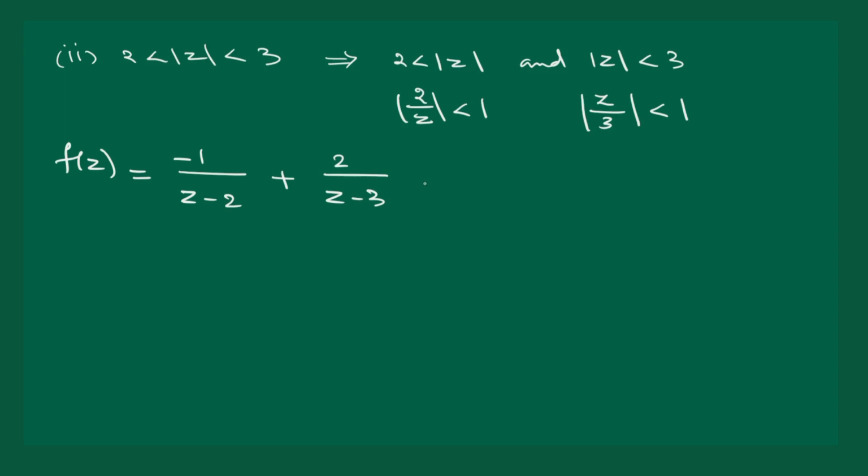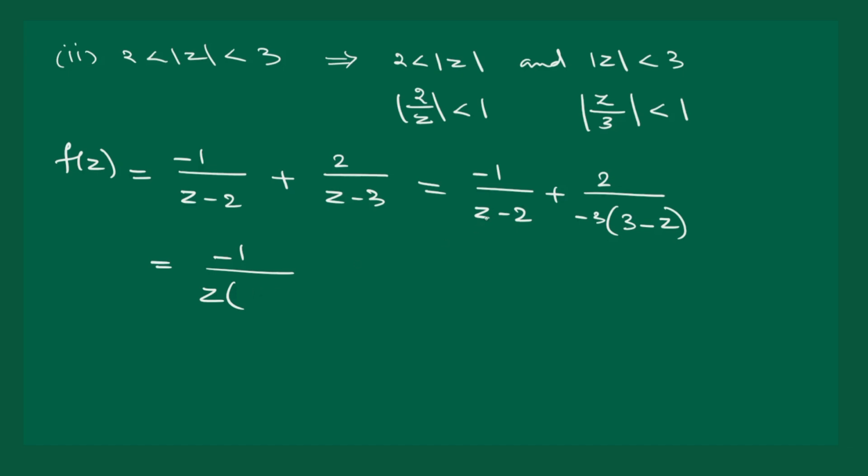Now what we have to do here in the denominator is take z common, then only will we get it as 2 by z. But here we have to take 3 outside. So here we can keep z minus 2 as it is, whereas here we can take minus 3 common and write it as 3 minus z, then only can we take 3 outside. So this can be written as minus 1 by z, taking z from this, into 1 minus 2 by z, minus 2 by 3 into